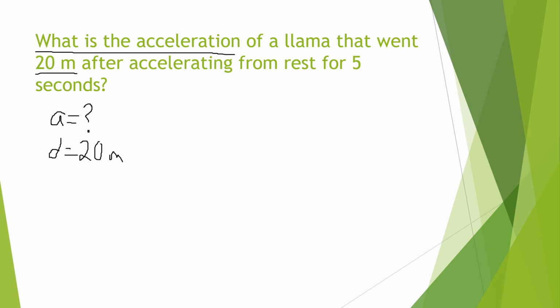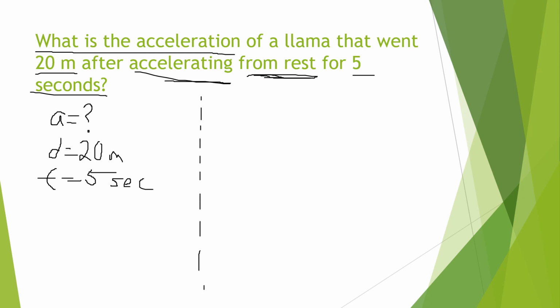After accelerating from rest, so we know there's an acceleration, because, well, we're also looking for the acceleration. From rest, okay, you said it was always going to be from rest, so that's fine. 5 seconds. 5 seconds is a time. Oh, I have A, D, T. So I have an acceleration, so I've got to use one of the acceleration equations, obviously. And only one acceleration equation has a distance. So we must use d equals 1/2